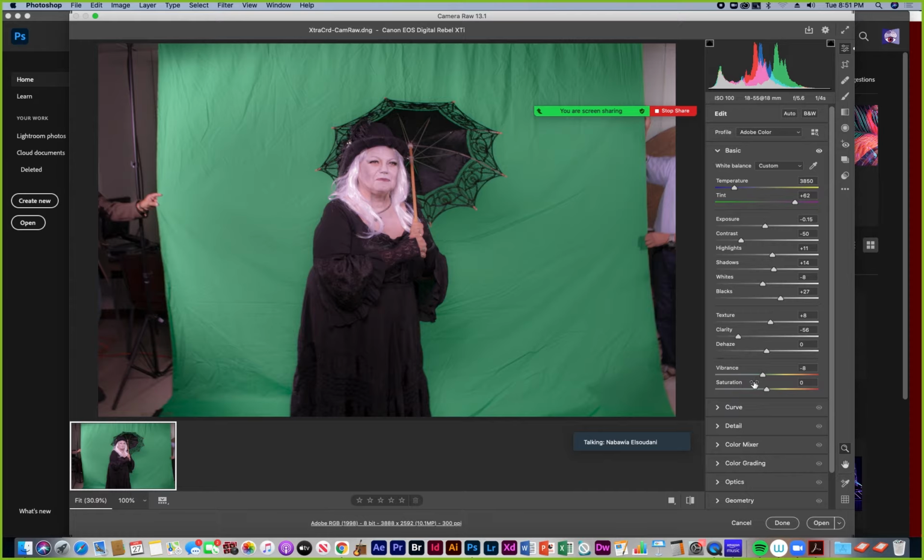Dehaze, you can experiment with these sliders. Vibrance and saturation are very similar. You can just experiment with those sliders, and then you just click